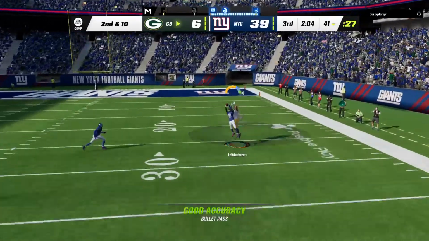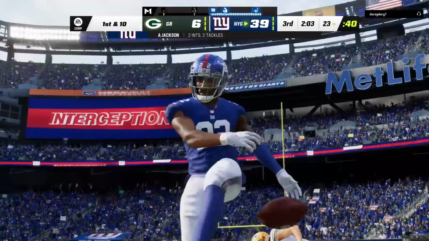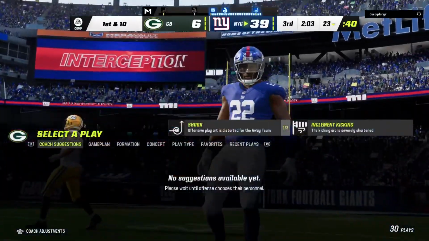He's going to launch this deep for Watson. And now here is another interception. Picked off by the USC man, Adoree Jackson. And the Giants